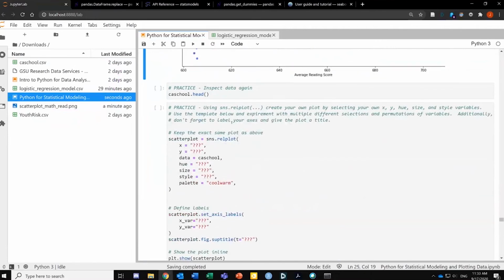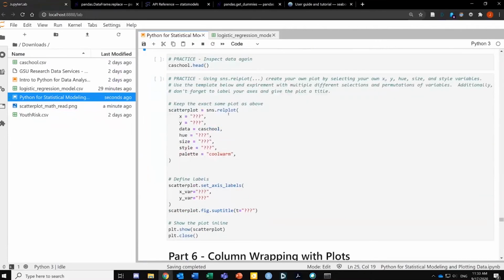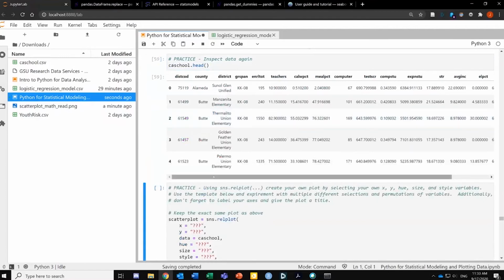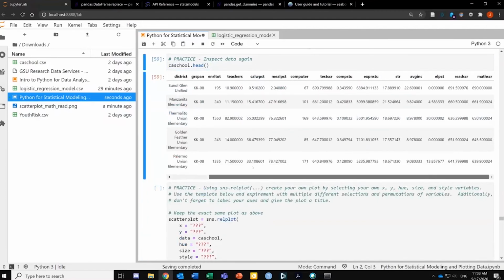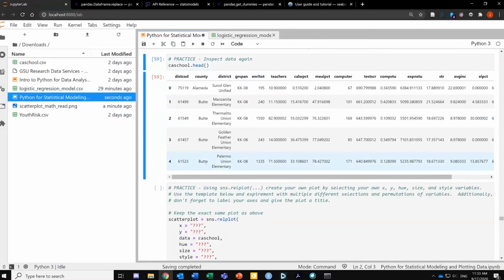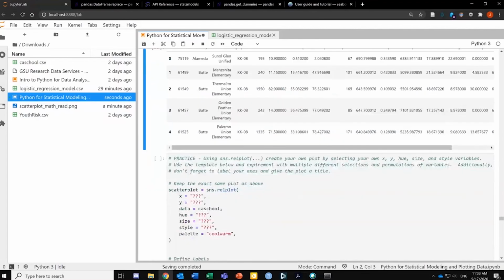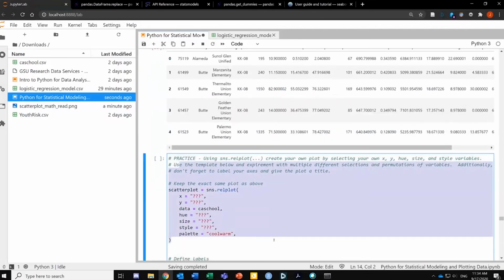Practice time. This is probably going to be the toughest practice that I have created. So we have California school head, shift enter. This is just meant to give you a snapshot of my data. And then plug and play, mess around. I encourage you to really